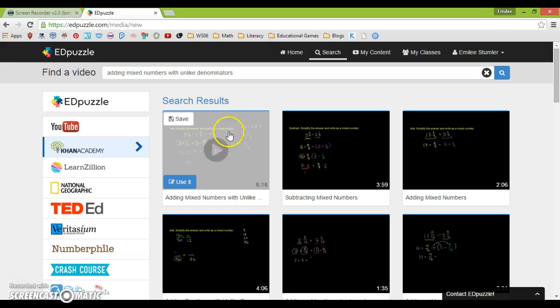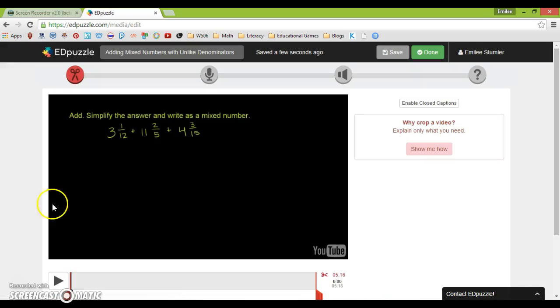I can either preview it by pressing the play button, or I can save it up here, the white box. I could save it to a folder and use it later in a creation of another EdPuzzle, or I can just go ahead and click the blue button and use it. Once I click use it, you'll open it up and you'll see up at the top of the screen,